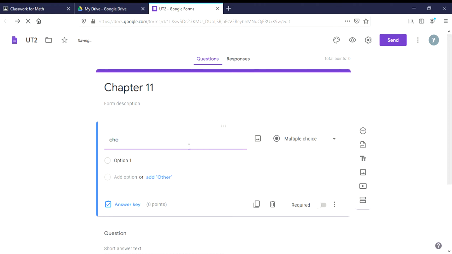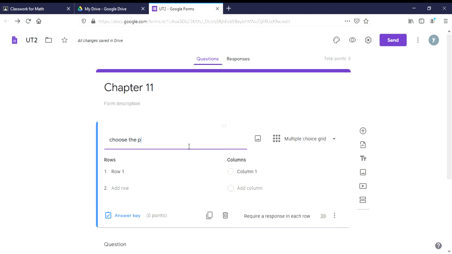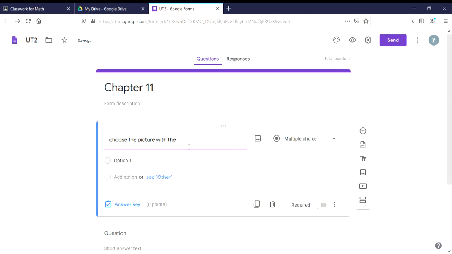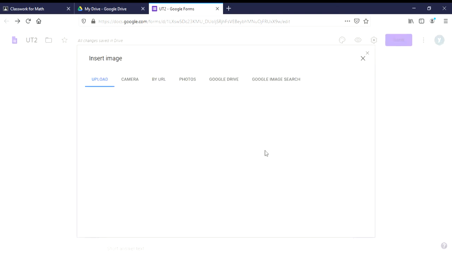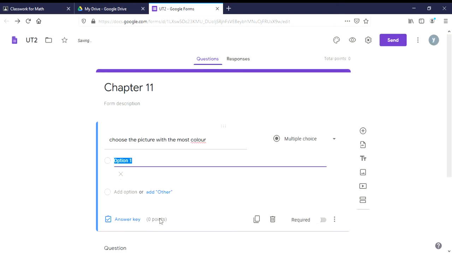Choose the picture with the most color. For option 1, I will just assign a picture. Let's say this one, option 1, and then upload.